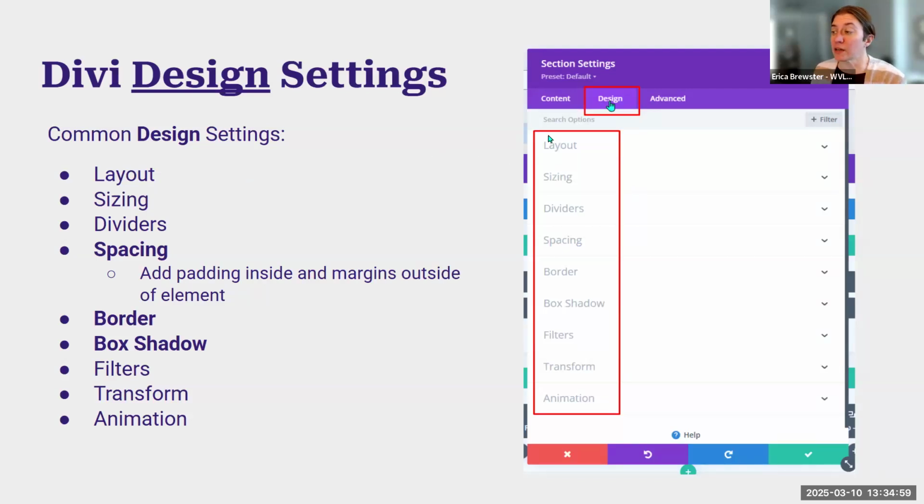But under content or under design, the items that we're most likely going to be using is spacing. This is where you're adding padding around an item or margins outside to give it more space or less space. A border, you may be putting a border around something, or you may be putting a box shadow. These other ones, sizing, dividers, filters, transform, animation, unless you really have a very specific intent, I generally do not